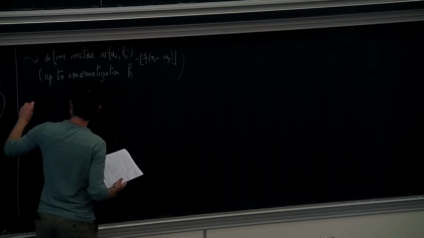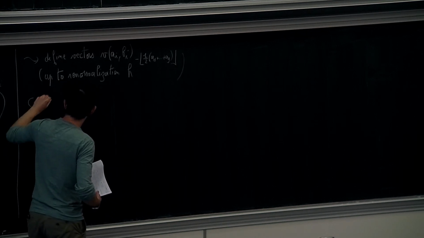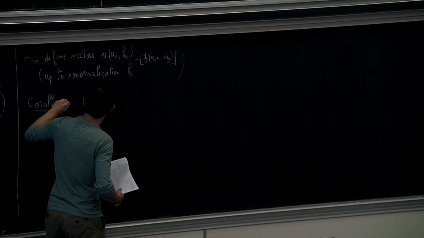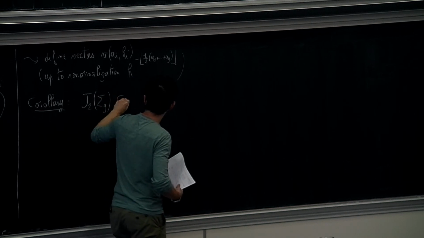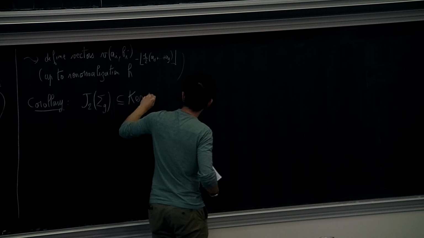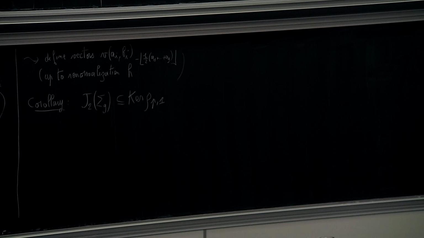So there is a corollary you get from this description of the basis, which is that the Johnson subgroup J2 of sigma is inside the kernel of rho p1. So why do we have that? Remember, because our basis no longer has Jones-Wenzl idempotents at edges for the loop edges, I don't have that the non-separating twist, the red curve that I draw here, acts diagonally